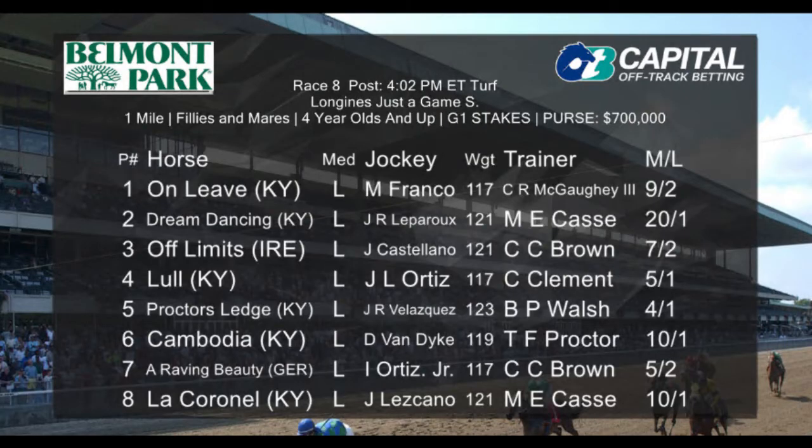Second spot, I went with Lull. Not too much speed in here. I think this horse, she can really hang on. She gets to the lead. If people want to press her, we know she can hang on to that lead with some fast fractions at this distance. And then third, I went...